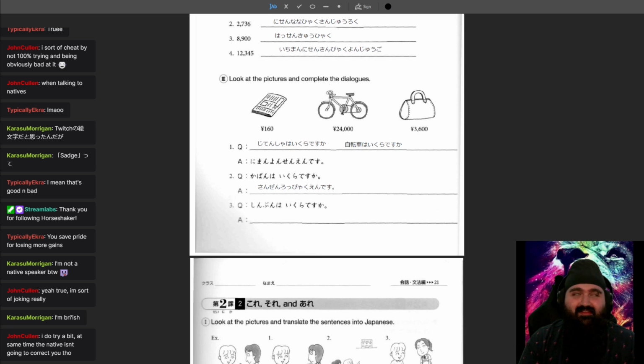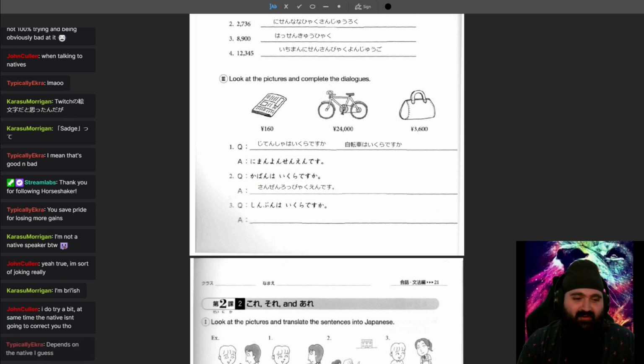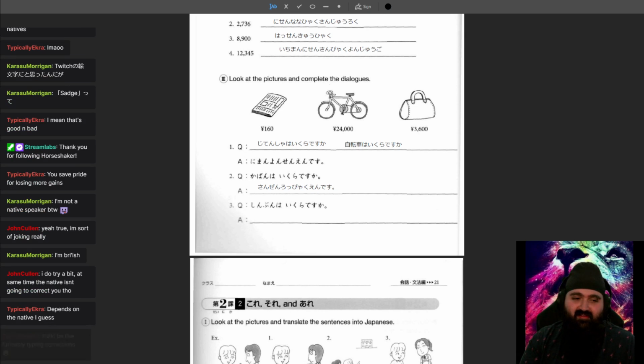But it'd take a really odd person to be mad at you for not speaking their native language at a perfect level, right? That seems like a weird thing to be. I'm not a native speaker, by the way. I'm British. Okay, I guess I can relax more. Karasu Morigan, like crows, and then Morigan obviously not Japanese, but at any rate,